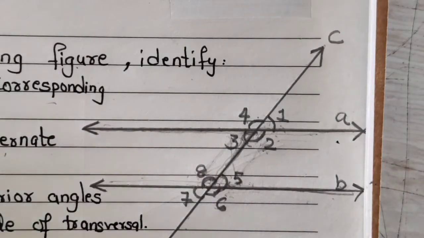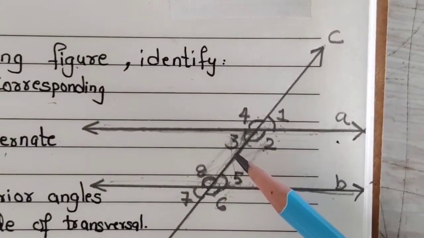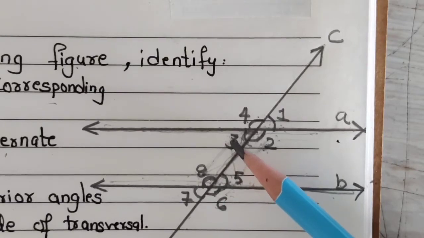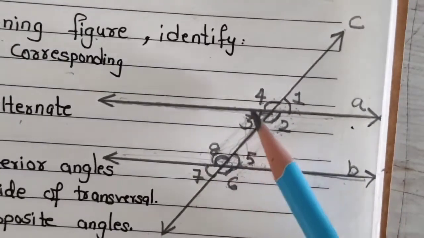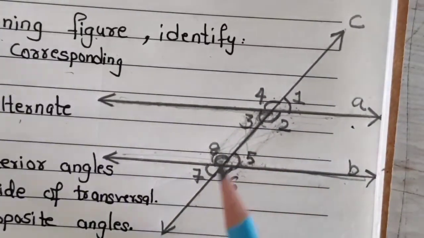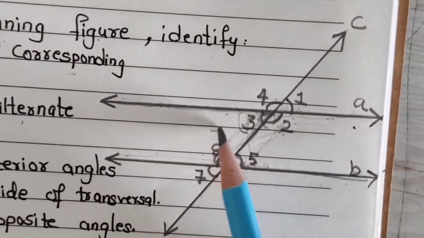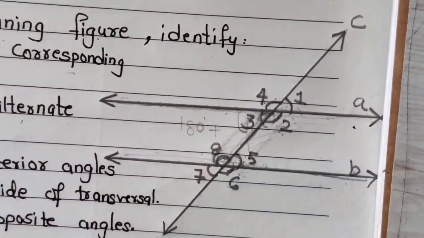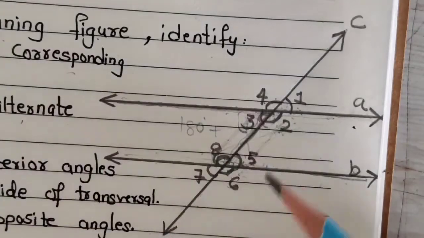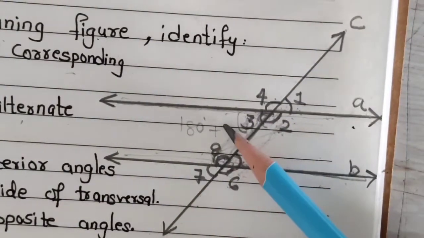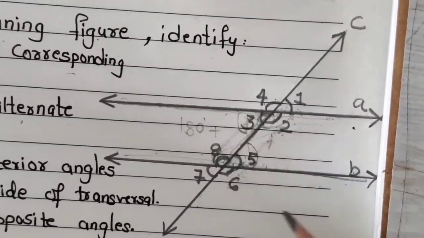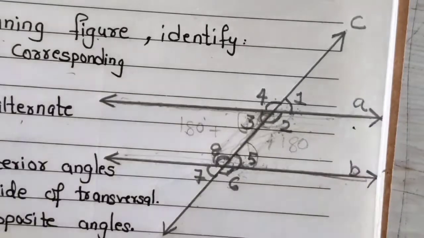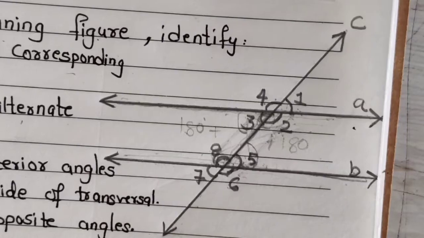So let us write down. So which are the interior angles on the same side of transversal. 3 and 8 are interior angles. Now they are not equal. 3 and 8 are not equal. इंटीरियर पेयर क्या होता है मालूम है? इन दोनों को जब आप plus करोगे तो answer हमेशा 180 डिग्री आएगा. इसीलिए ये दोनों equal नहीं होते. They add up to 180. उसी तरह 2 और 5, ये दोनों angle के measurement को जब आप add करोगे तो आपका answer 180 ही आएगा. You understood? Fine. So let us move on to write down.